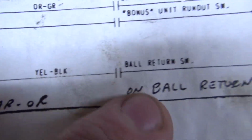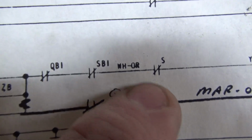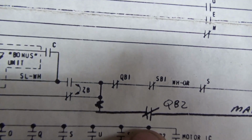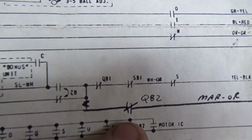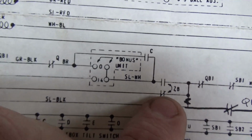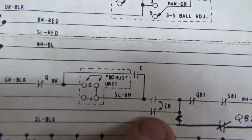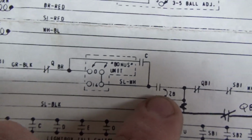So when the ball lands in the out hole on the ball return switch, it's going to connect that switch. If the S relay is closed, the S relay is the start relay, so that will close back if you're not starting the game, I guess. I think I got this right. Maybe it's connecting this way. QB2 is the game over relay. So I guess whenever the game's not over. And then the ZB relay is the first ball relay. So I guess whenever you're on your first ball, it doesn't do it because you're at the beginning of the game. But anyway, whenever that goes,